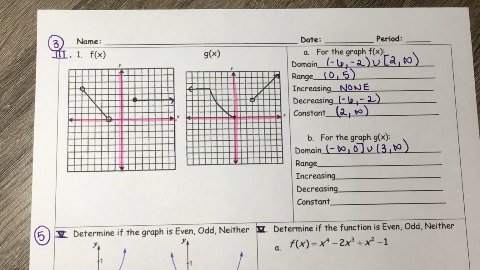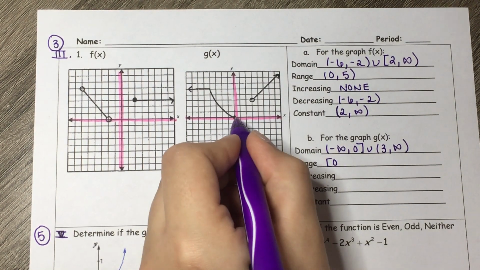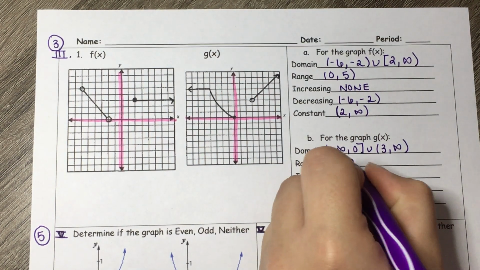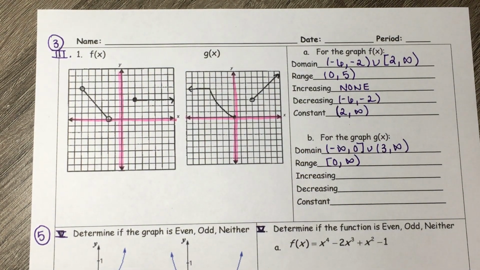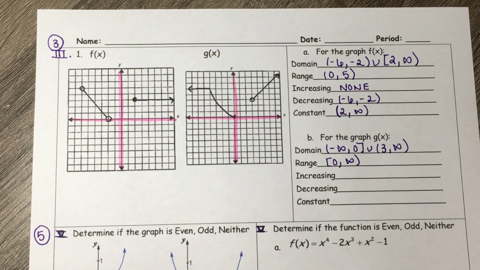and our x values go all the way out with that arrow to infinity. Now it's time for our range, and our lowest y value is going to be inclusive of 0 right here, and then we go all the way up, up, up, and then this graph takes us all the way up to infinity. Now it's time for intervals of increasing, decreasing, constant, where no matter what, we are using